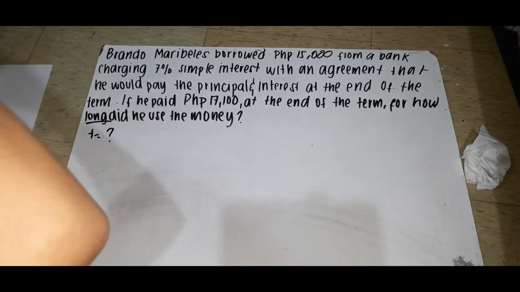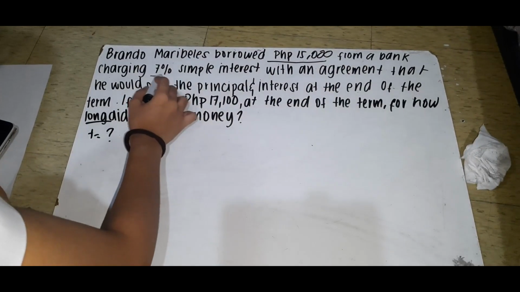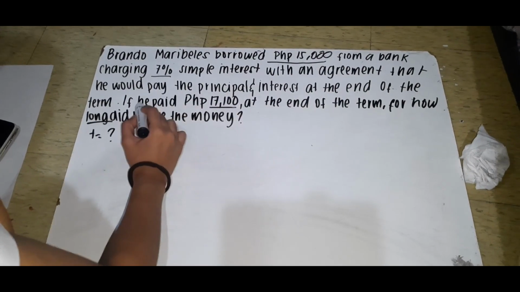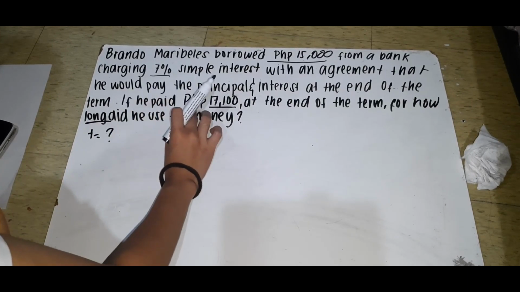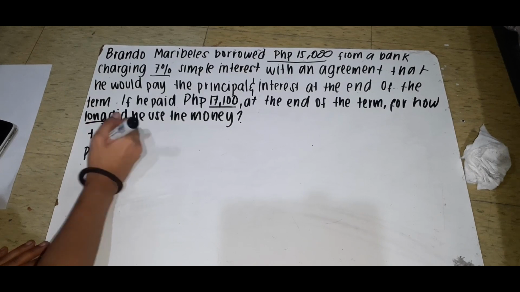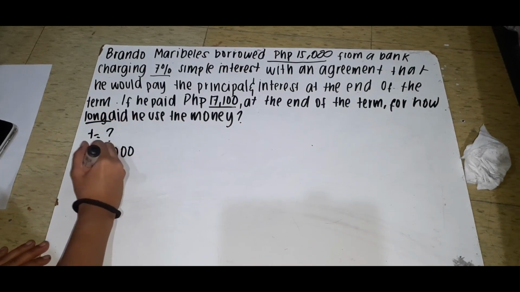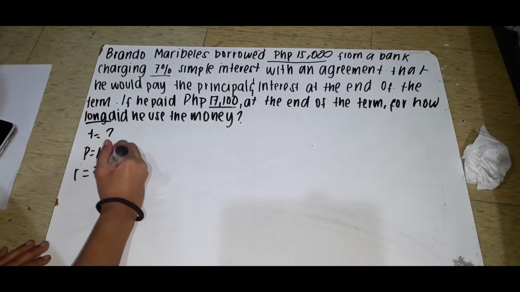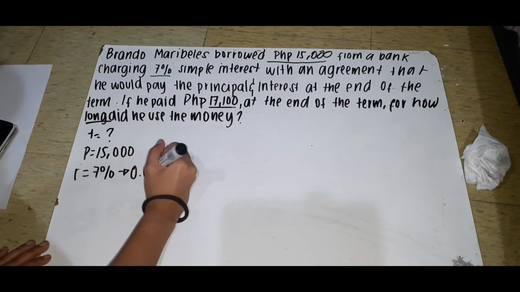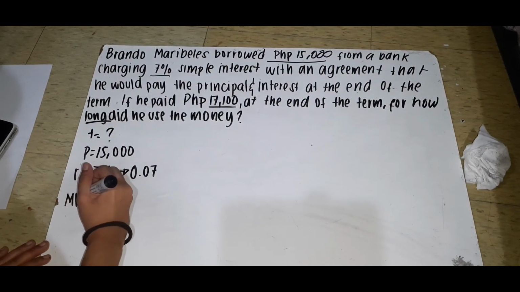Now let's look for the given. This is the principal, the rate, and this is the maturity value because he already paid it fully. So principal is 15,000. Rate is equal to 7%, divided by 100 again, it's going to be 0.07. And the maturity value is